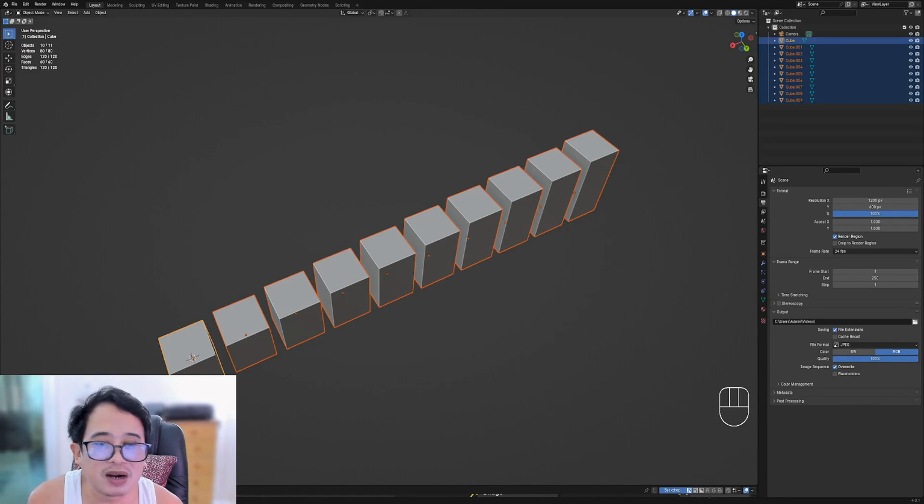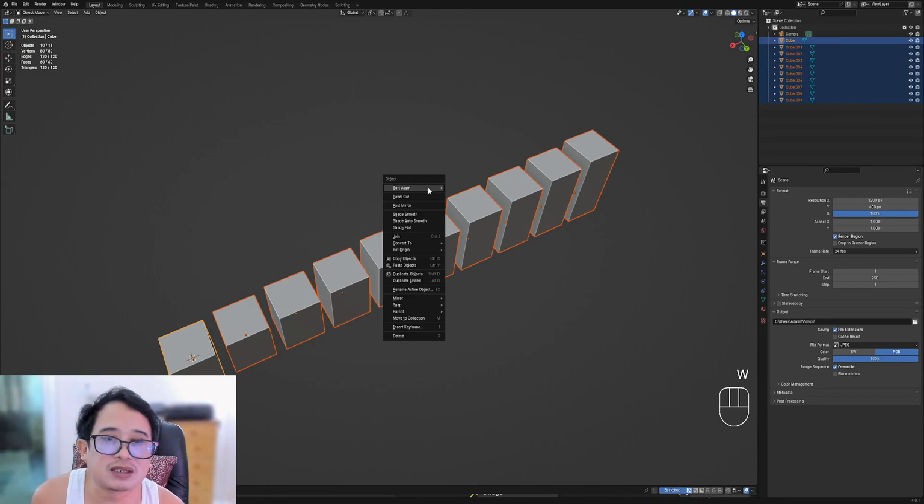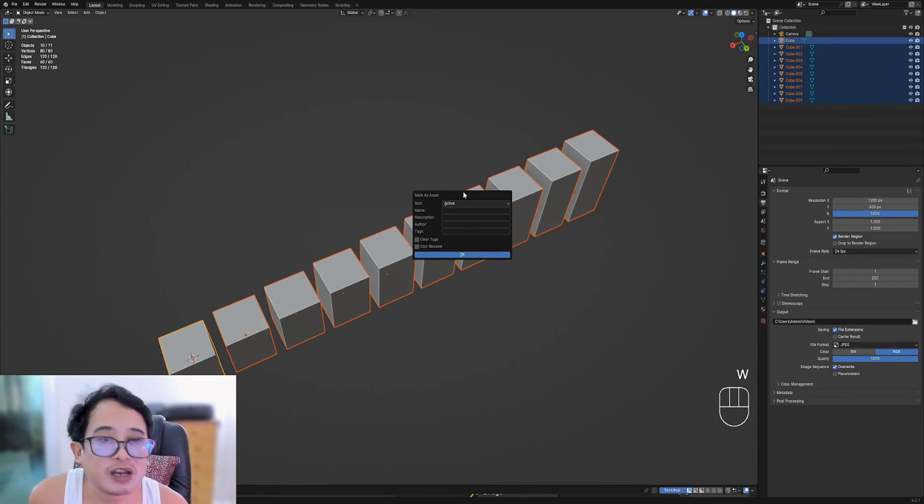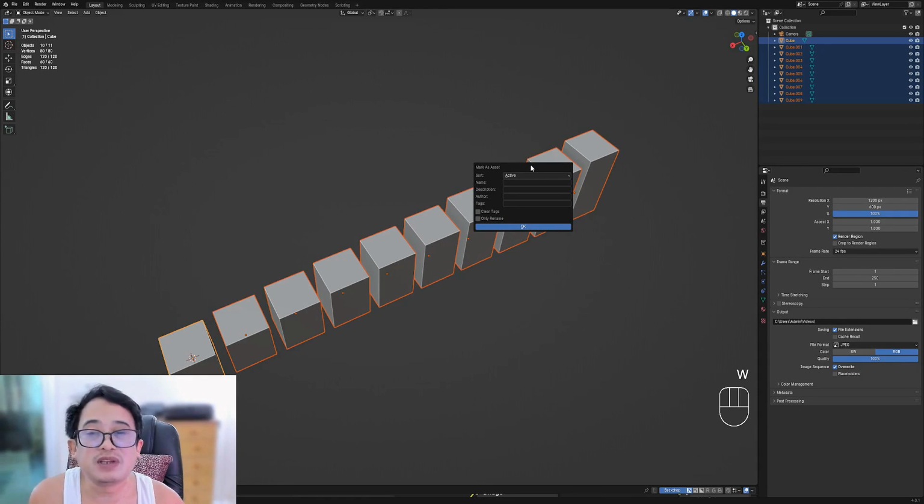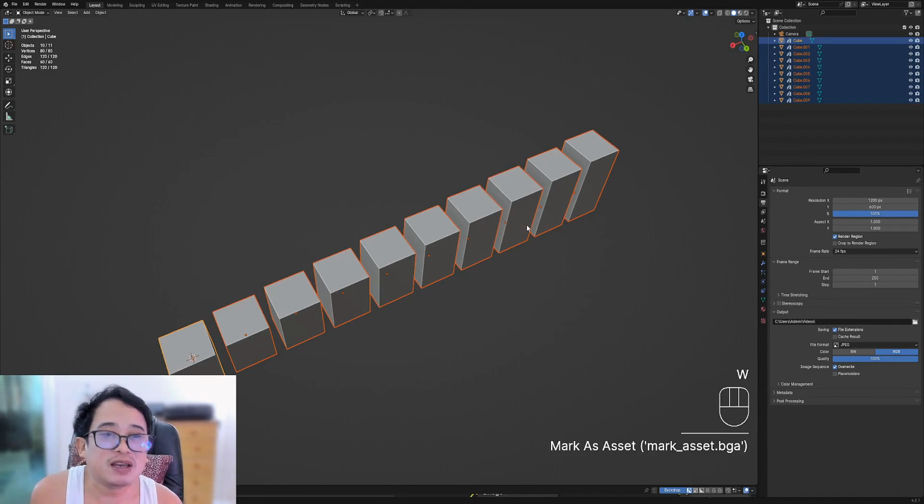Now let's discuss the mark as asset operator. This marks the selected objects as assets, so you can use the asset browser to drag and drop these objects to the 3D viewport inside a new scene. The first property is the sort method. This works the same way as in the grid array operator, only it doesn't arrange the objects into a grid